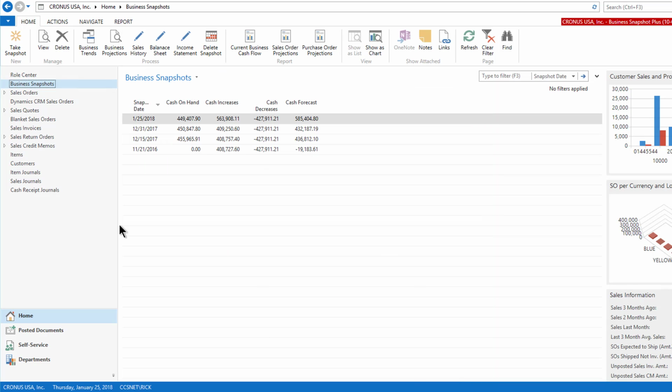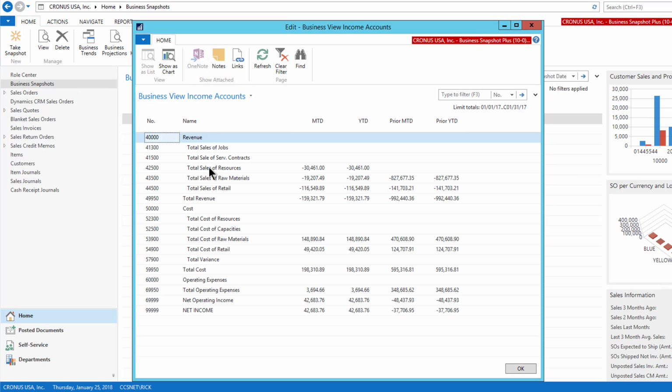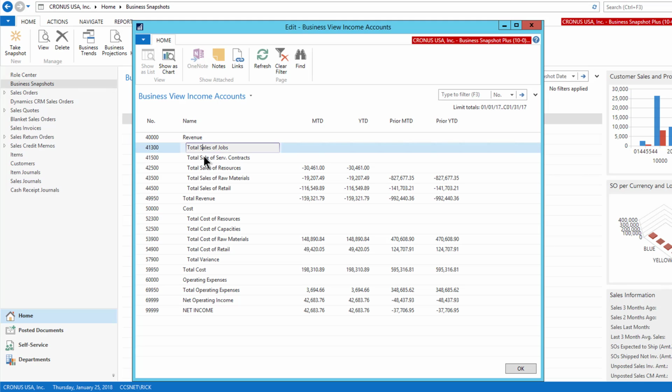And then we do the same thing for your income statement. I like a nice, simple income statement, and it just has total sales of jobs, service contracts, sales of resources, sales of raw materials, sales retail, and then total revenue. And then the various cost accounts, and then operating expenses can all be shown down here, and then net income is shown as well. So again, month to date, year to date, and prior month to date, prior